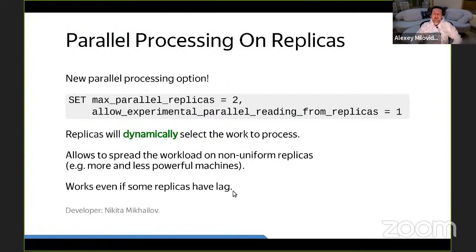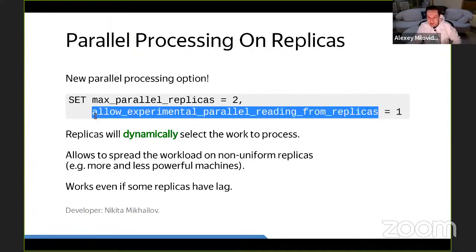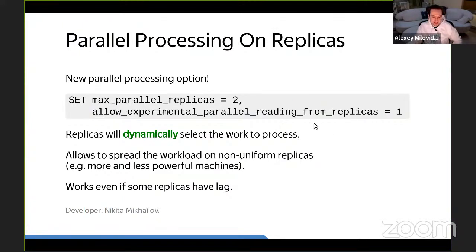But now we have something more interesting and more efficient. You only have to enable this experimental setting: allow_experimental_parallel_reading_from_replicas. This is what is new in version 21.22.1.